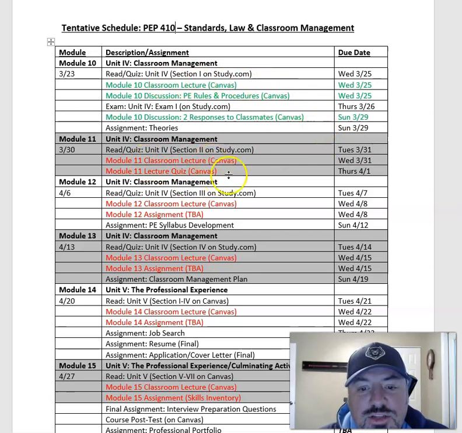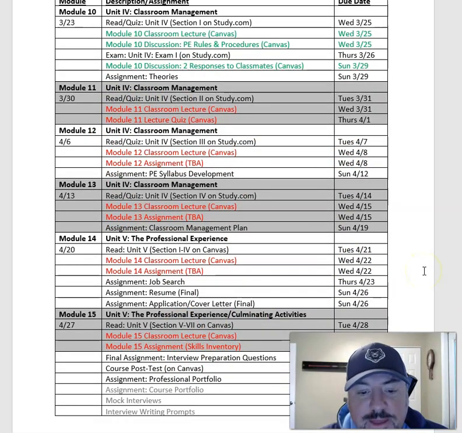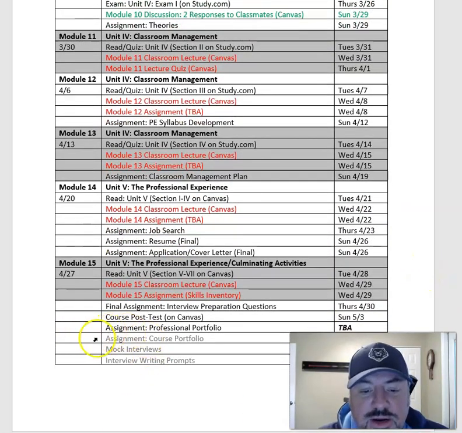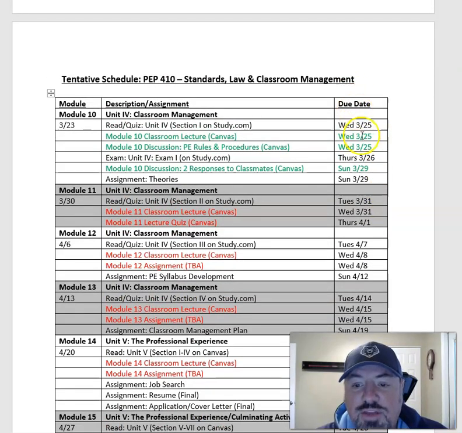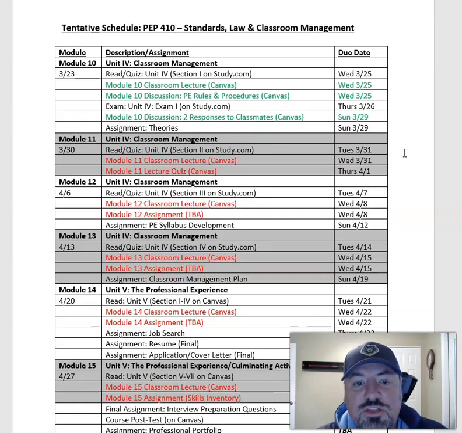And everything in red is something that will be added on that date, but it is not live on Canvas at this time. All right. If you notice at the bottom here, there are things in gray, and those are assignments that are excused. We will not be doing those. This new document will have the updated due dates, so pay close attention to those. You may want to print this out so you can work from it.